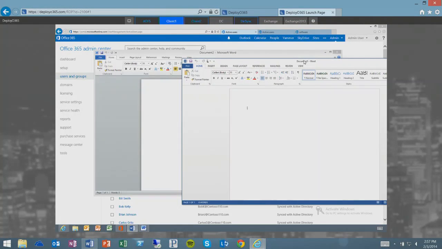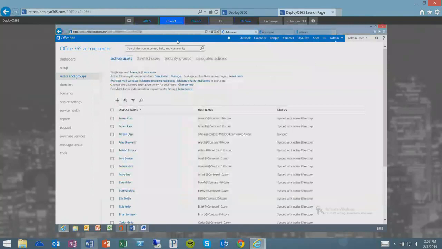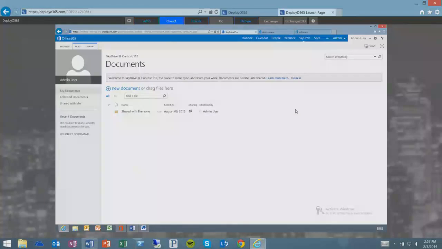SkyDrive Pro, how easy is that? I mean, that really comes down to I'm logged in, I hit SkyDrive, and it's ready to go. And SkyDrive Pro gives me the opportunity to then have synchronization of my files, to work through all of my documents. When you see that I have this shared with everyone or stored information, and I'm sorry, I don't have the prettiest, I'm on my admin stuff, so it's not all set up like the Keynote with pretty pictures and everything. But it's very easy to then synchronize.